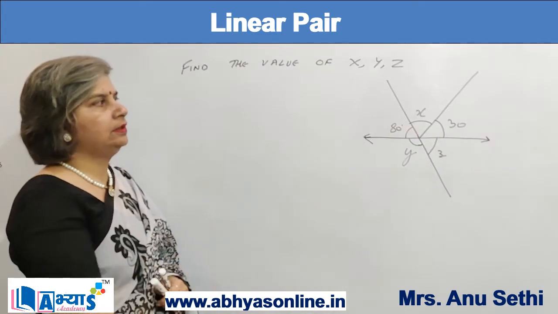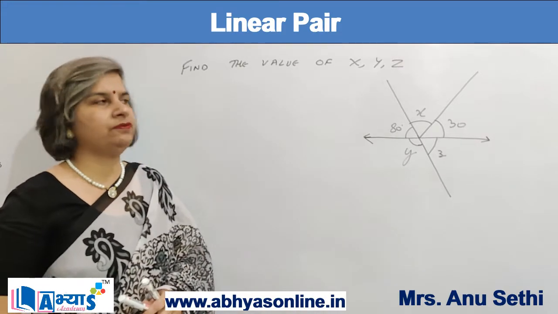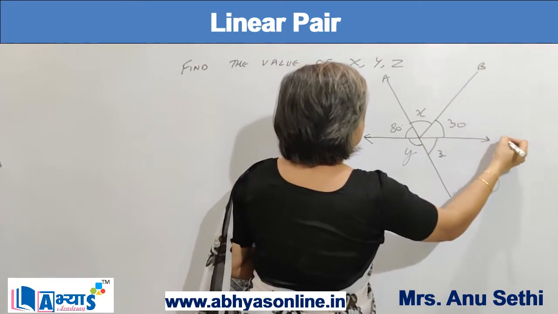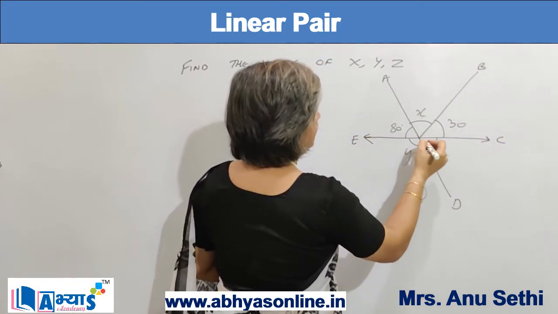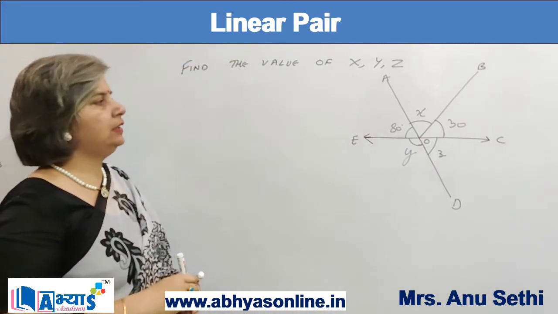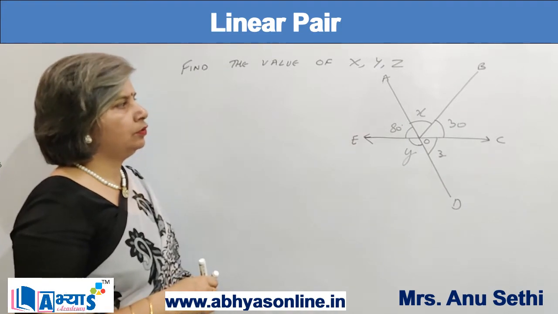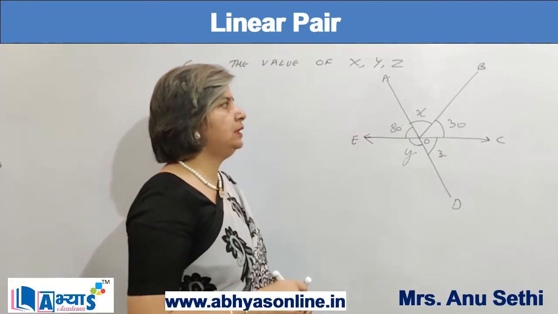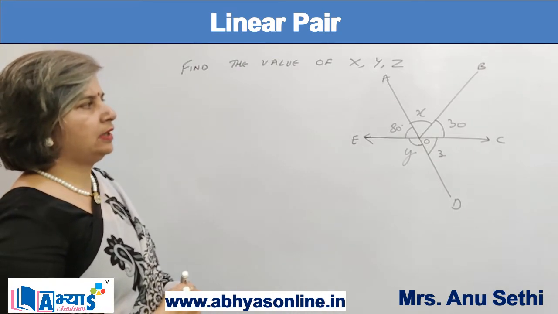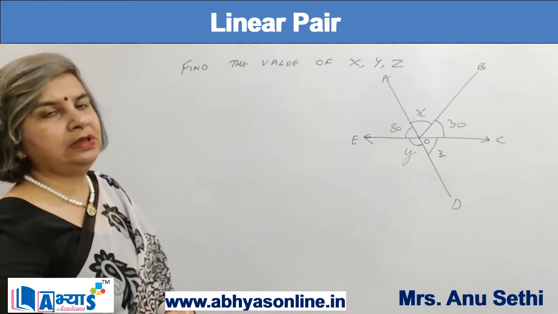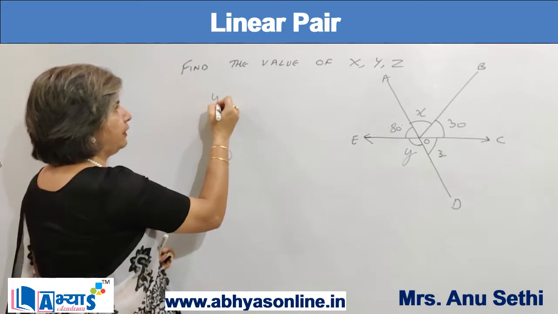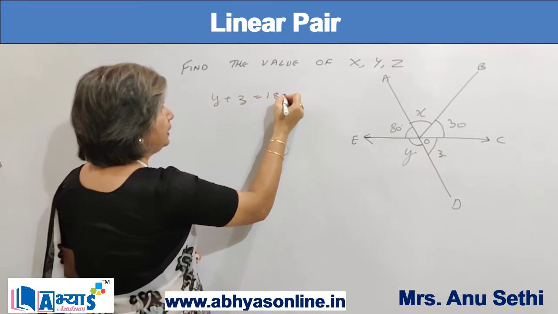Now we are given a figure and we are supposed to find the value of x, y and z. Let us first name the figure. Let this be A, this be B, C, D, E and let this be O. So we have a figure in which AD is a straight line, EC is also a straight line, and OB is a ray standing on EC, and we are supposed to find the value of x, y and z. First we will try to identify the linear pairs. Here we see that y and z are linear pairs. So we can say y plus z is equal to 180 degrees